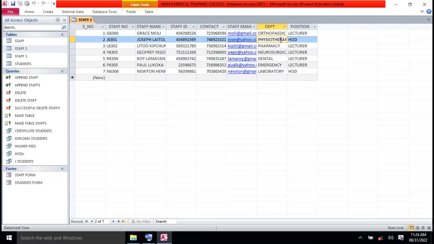The other way is to use an update query. You run a query that will change a given employee or a given staff from one department to the other with the click of a mouse. And this doesn't just work for employees. It also works for